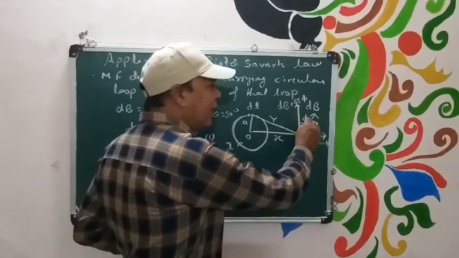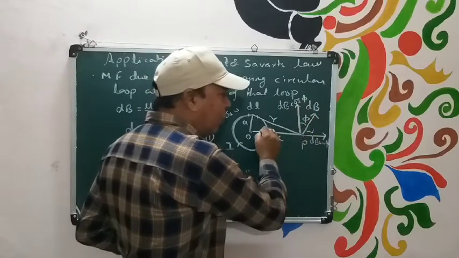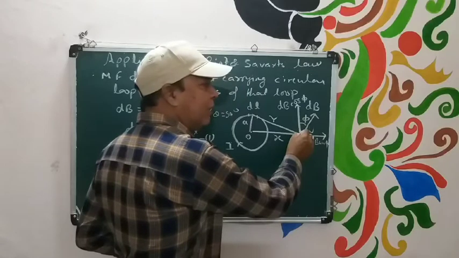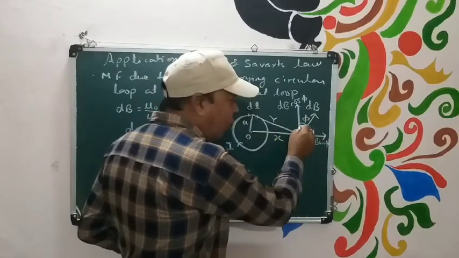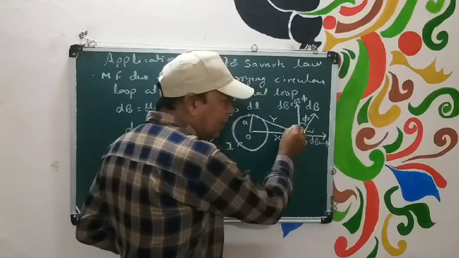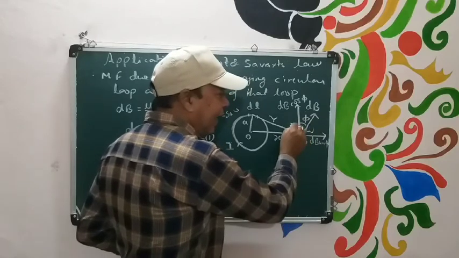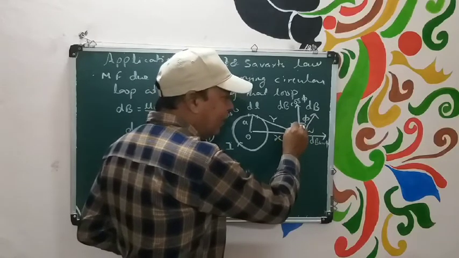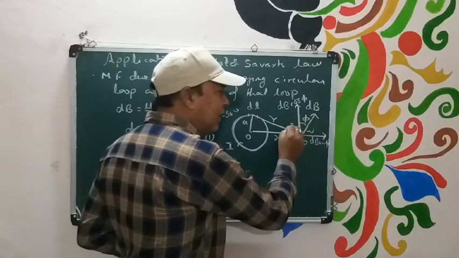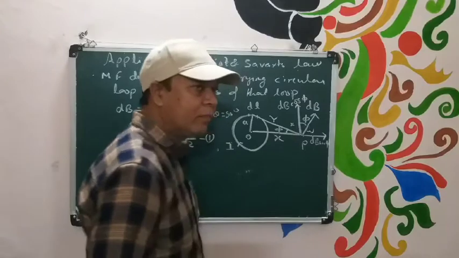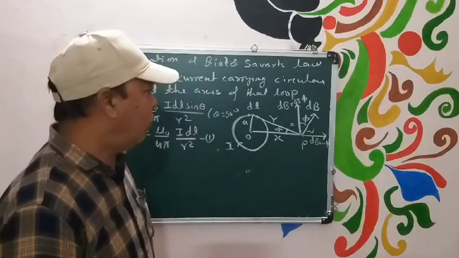If this angle is phi, this is the perpendicular line that we have drawn perpendicular to the axis, and this dB is perpendicular to r. Obviously this plus this is equal to 90. Suppose I have written x, then x plus this angle should be equal to 90. x plus phi is equal to 90. So obviously this angle should be equal to phi. Is that clear? तो बीच का ये एंगल किसके इक्वल होगा? It should be equal to phi.